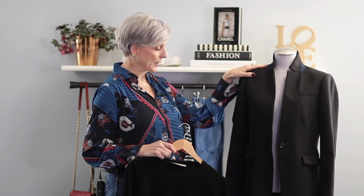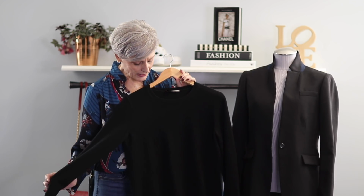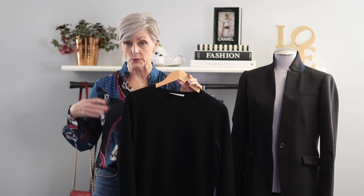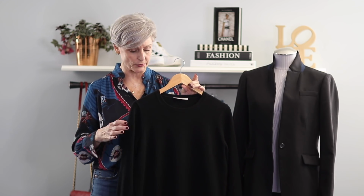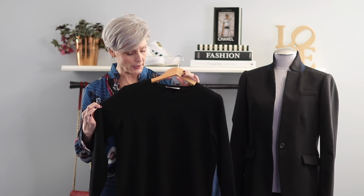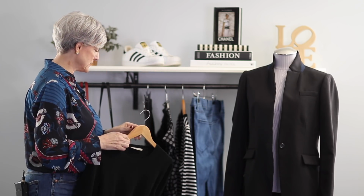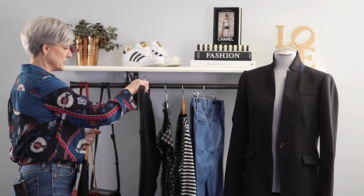So I have the black blazer. Then I'm bringing in a crew neck cashmere sweater. And you could actually use a turtleneck. I love turtlenecks. I wear them all the time. But in this particular one, I thought I would just bring in a crew neck sweater. And then I thought it would be very fun to pair it with